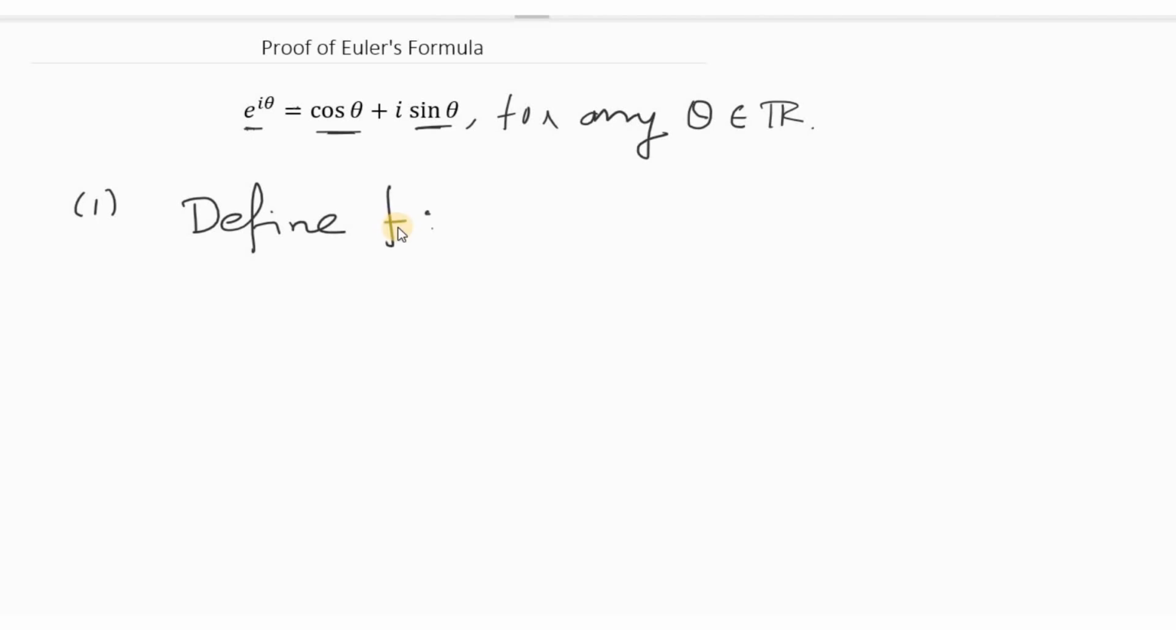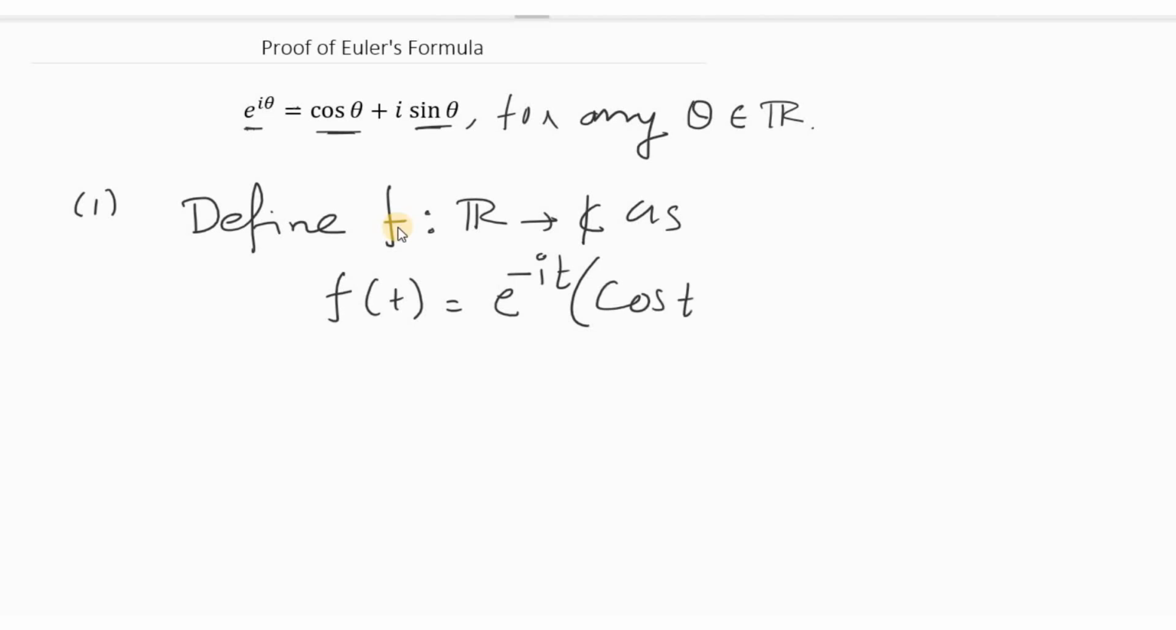f which is from R to C as f of t is equal to e raised to minus it times cos t plus i sin t, for any t belongs to R. Now you can check that this function is continuous and differentiable, and if it is differentiable we can talk about its derivative. So f dash of t, if I take, then using the product rule we can write as